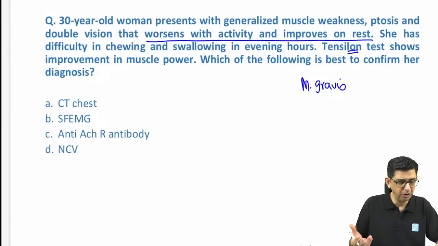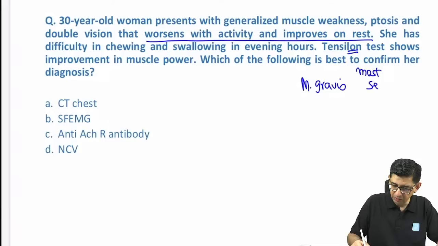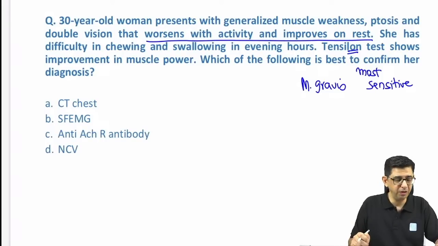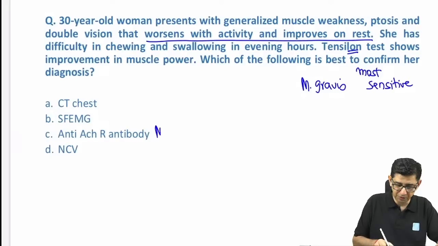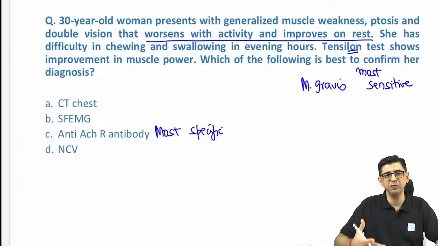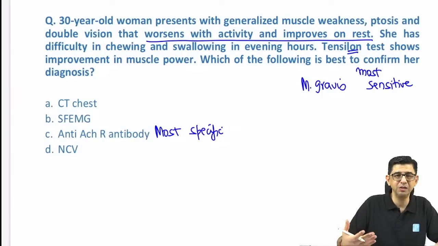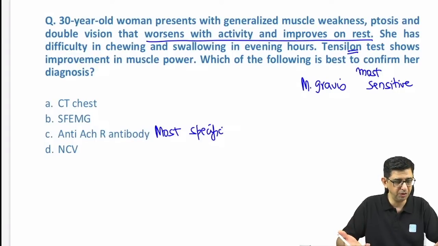And the question did not, okay, most sensitive. Okay, best to confirm, that's okay. I mean, I'll say most sensitive one. And I think in the stem of the question itself, he had mentioned the tensilon test being done in this particular case. So if we look at the options, this is the most specific antibody. In case you listened to the workup of myasthenia gravis from rapid revision, the first statement is that anti-acetylcholine receptor antibody is a specific test, and then for diagnostics, it's always electrophysiological studies that need to be done, and it's either a repetitive nerve stimulation and